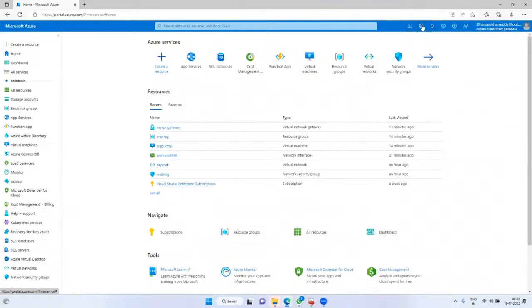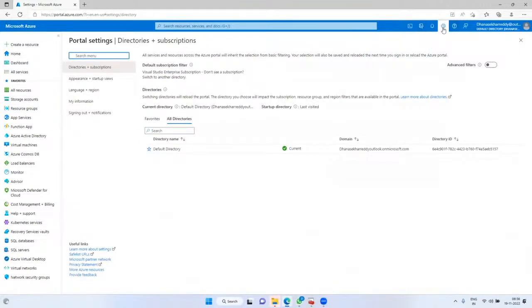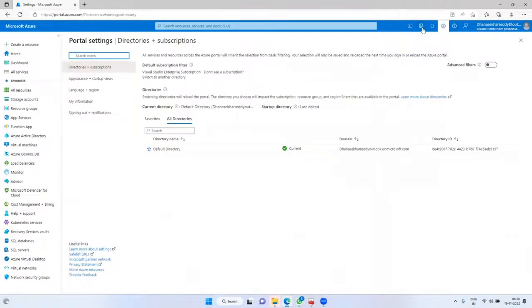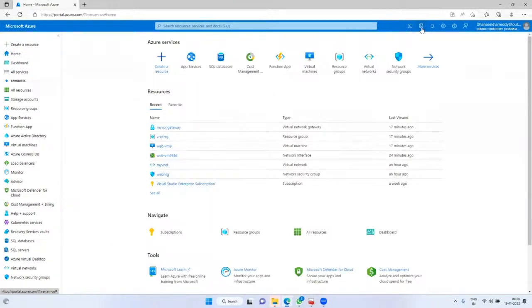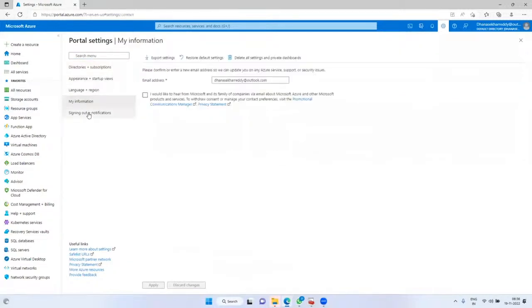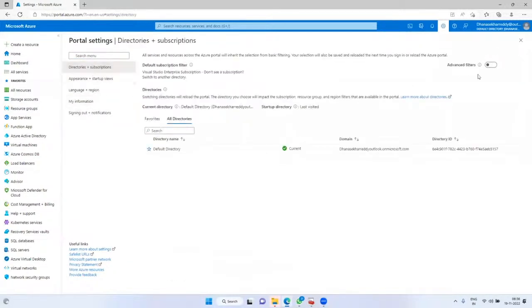Next, the other thing is subscriptions and directories. Here you can see the same window. I went to settings and it is showing the same. If I go directly, this is also the same. Settings and these both are the same. They have provided a direct step. Navigate to this option, directories and subscriptions filter. Click on it and it will go directly. Got it? You will get all the same options.